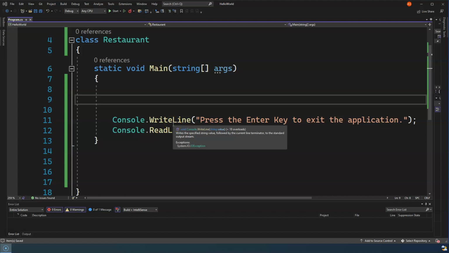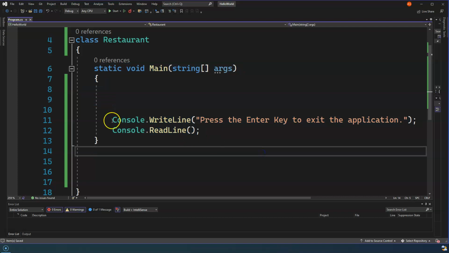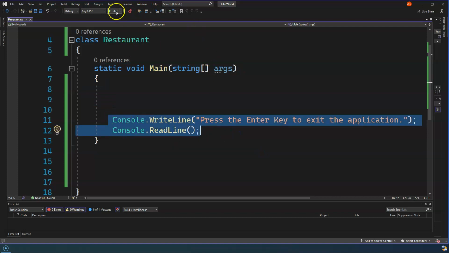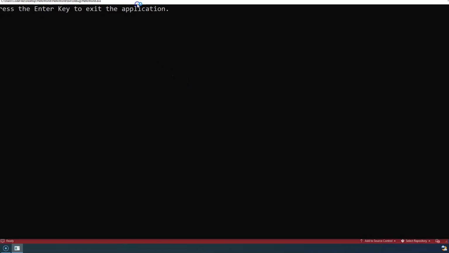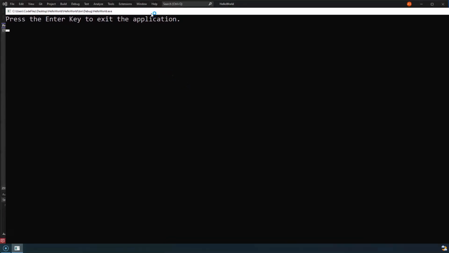In this video, I'm going to be showing you how to write your own methods, and it's really going to help you take your coding to the next level if you're just learning. Let's get started. Right now my application just has the main method. This piece of code gets executed whenever I run my application. Nothing new. We've seen this in past videos, and it says press the enter key to exit